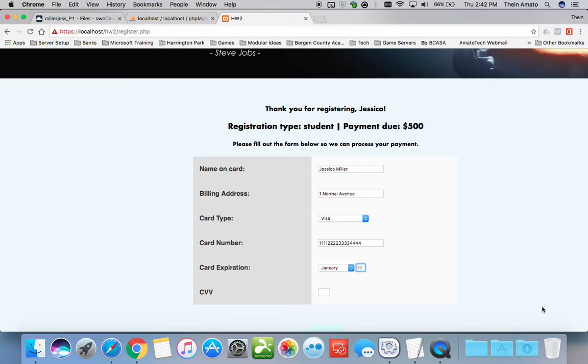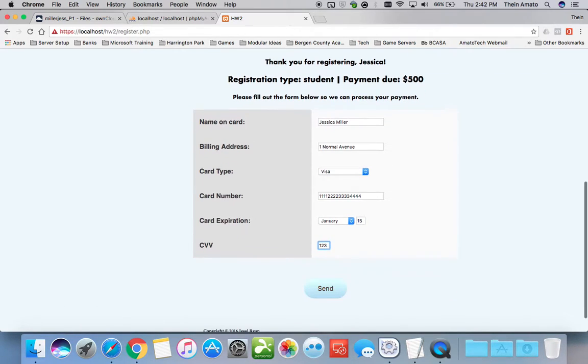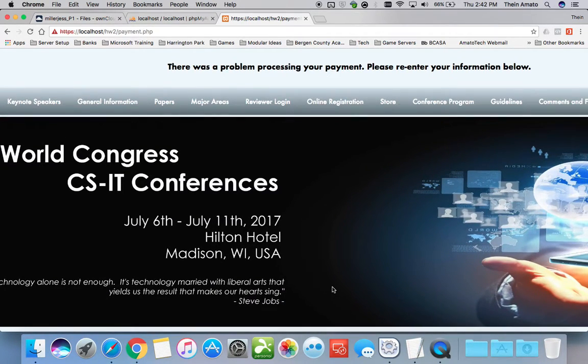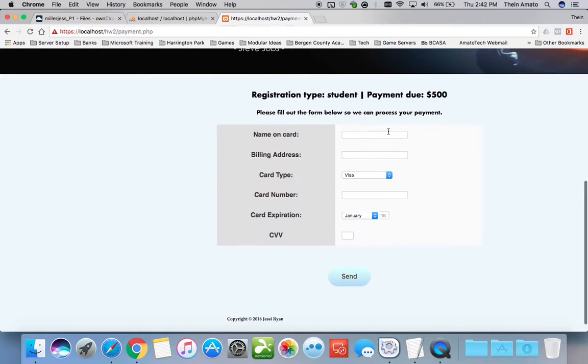And let's see what happens if I try and use a card that has actually already expired. So we're going to say January 2015. And I'm going to hit send. And as you'll see, I get a screen that says there was a problem processing your payment. Please re-enter your information. And I need to re-enter my information. And if I do that,